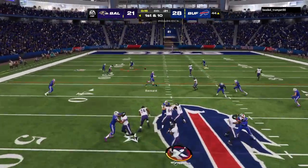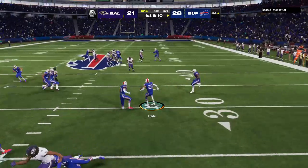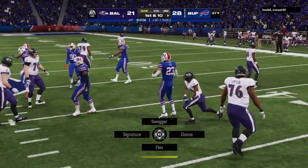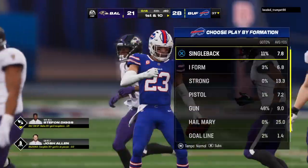Here's Jackson. Oh, and that's going to sabotage their comeback plans. It is intercepted. Picked off by Micah Hyde. And the Bills...